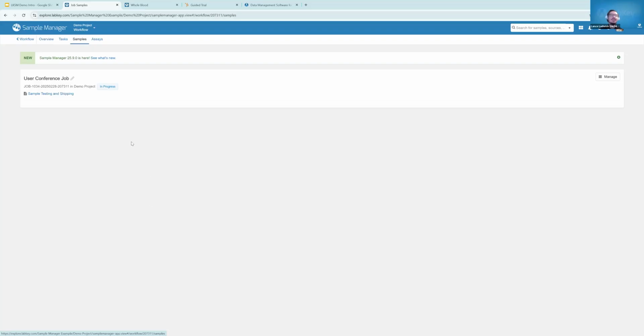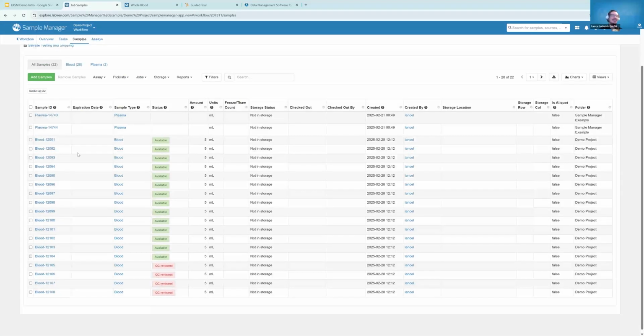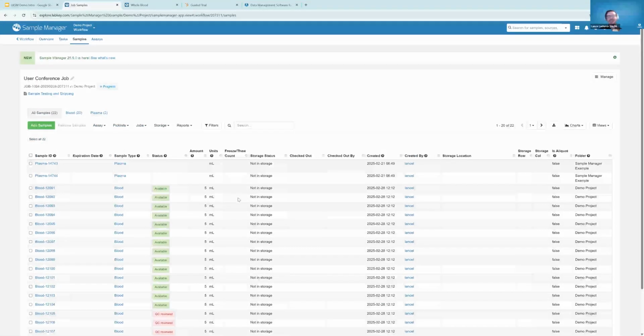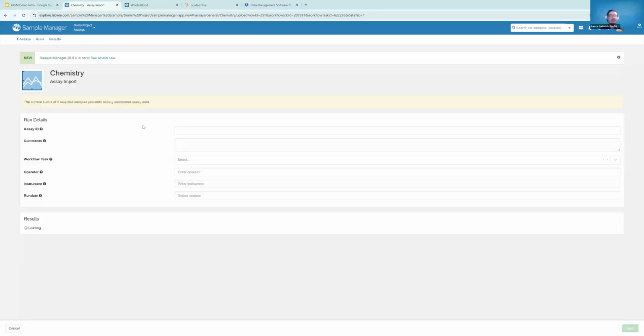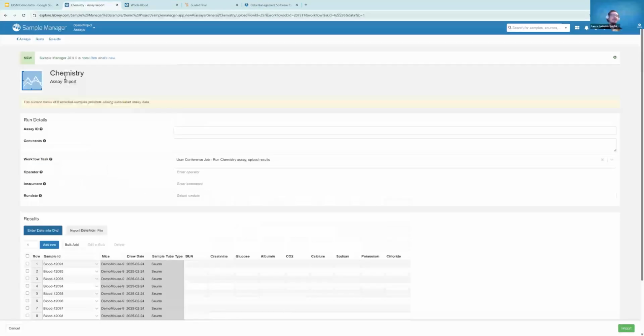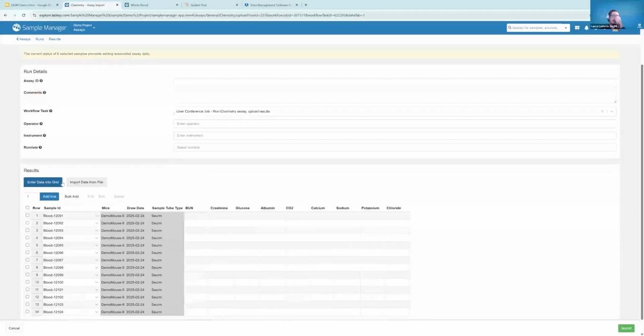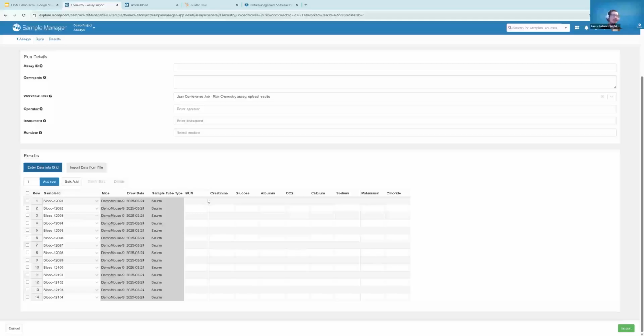And if I click on the samples tab, I can see everything that's currently assigned to the specific job. So if they were in storage, I could quickly pull where they were. I can also go through these tasks and import our data for our assays. So this chemistry is only for these blood samples. It's not going to have the PBMCs because that's the requirement we had, that they had to be a blood